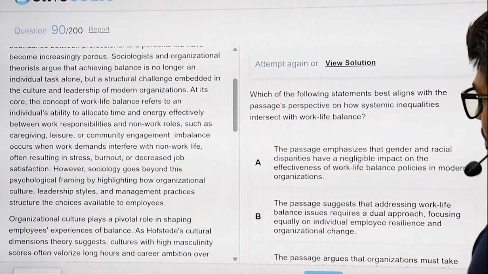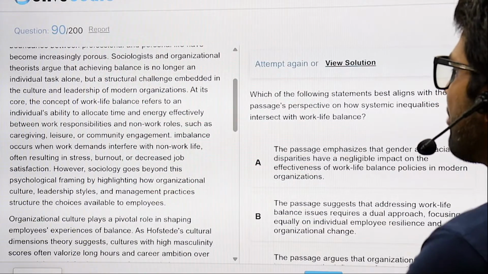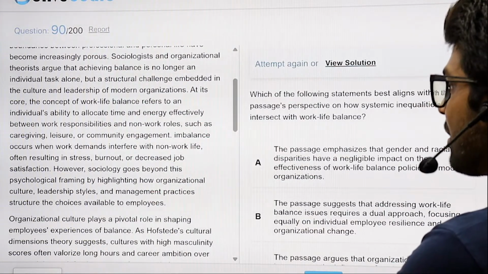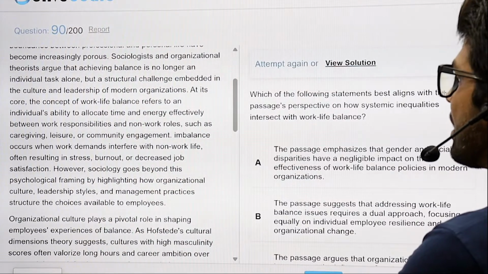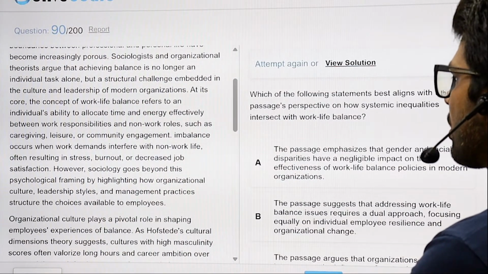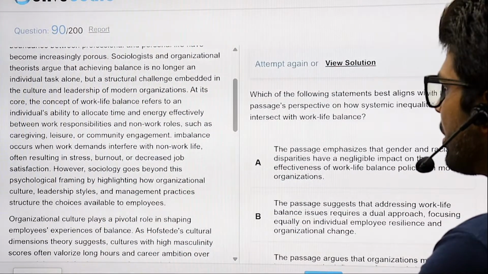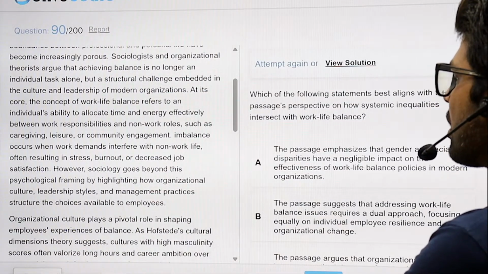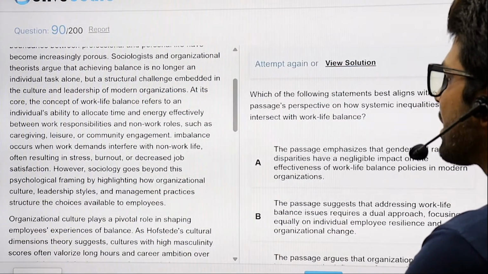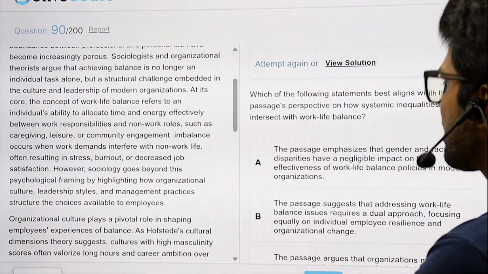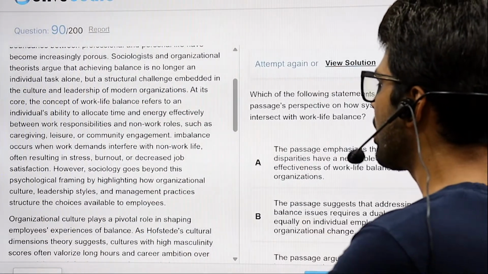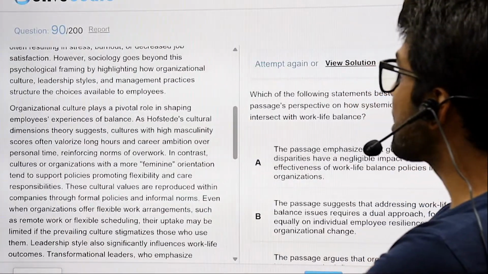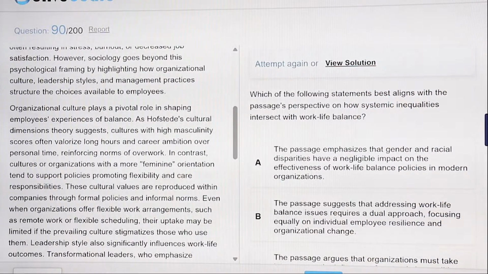At its core, the concept of work-life balance refers to an individual's ability to allocate time and energy effectively between work responsibilities and non-work roles like caregiving, leisure, community engagement. Imbalance occurs when the work demands interfere with the non-work life, often resulting in stress, burnout, and decreased job satisfaction. However, sociology goes beyond this psychological framing by highlighting how organizational culture, leadership styles, and management practices structure the